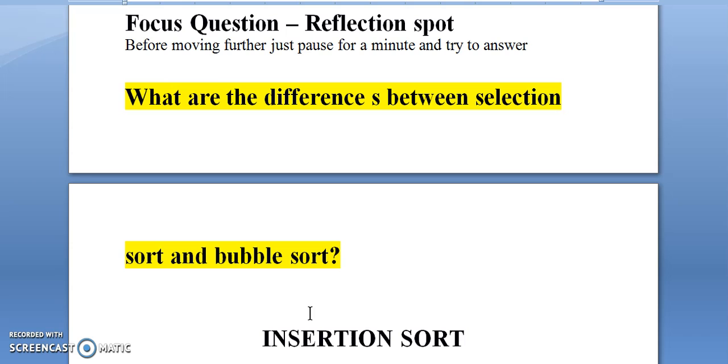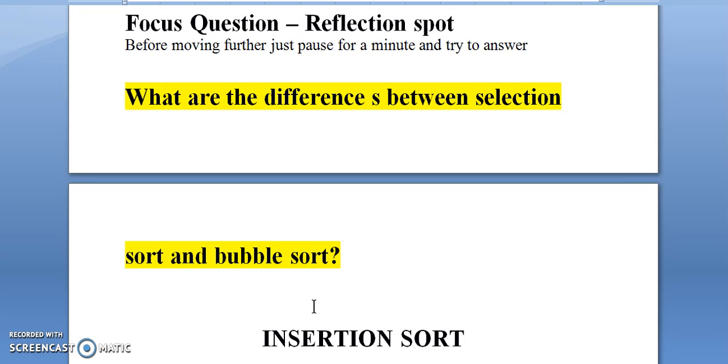Yes, now it is clearly understood that from the two techniques that we have learnt above, selection sort swaps only when the smallest element is found. That is, the inner loop does not have a swap logic. Whereas in bubble sort, right from the first phase, whenever you find a pair of elements not in order,